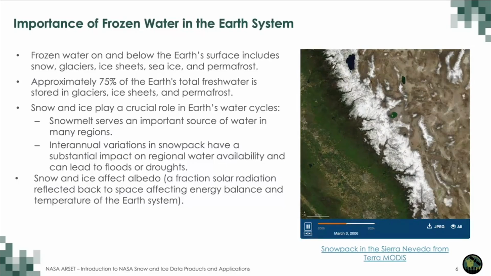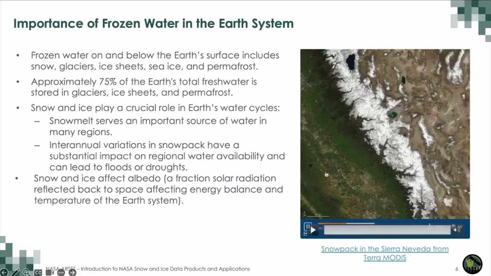Approximately 75% of the Earth's total fresh water is stored in glaciers, ice sheets, and permafrost. Snow and ice play a crucial role in Earth's water cycle. Snowmelt serves as an important source of water in many regions, and interannual variations in snowpack have a substantial impact on regional water availability